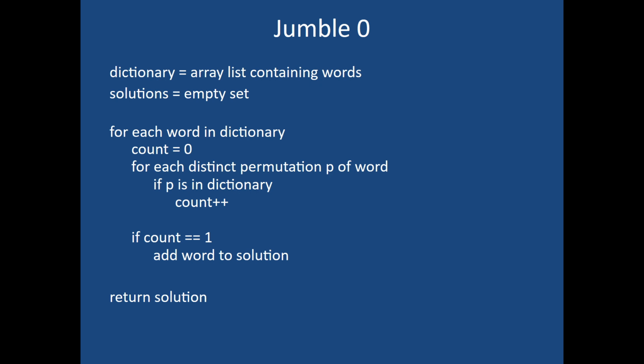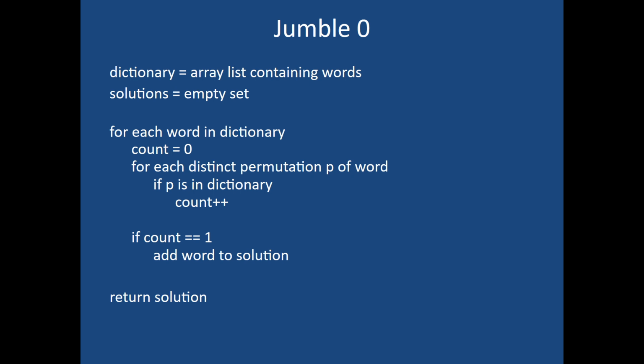Okay? So before, how many times did that if p is in dictionary run? If the outer loop runs n times, the inner loop runs n times. No, I'll take that back. Forget about the inner loop. The inner loop is permutations. We're assuming permutations are small and fixed length. So the outer loop runs n times. There's a hidden loop: the p is in dictionary. That's a linear search, so that's sort of a loop that we're not seeing that takes n steps as well. If you double the length, the code in the inner loop is running n squared times, because